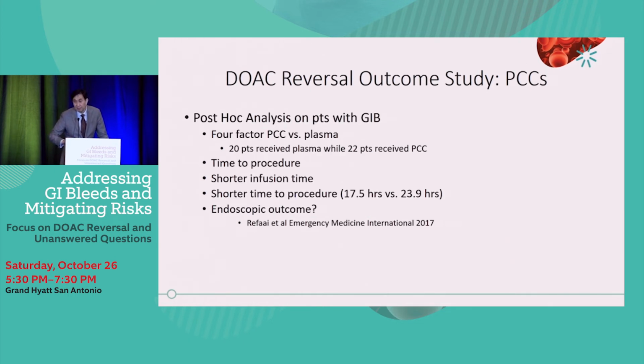So PCC, as I said before, has multiple studies. But one pertinent study that we have is the post-hoc analysis comparing GI bleeders who received just plasma infusion versus PCC. This is a small study that only incorporated 20 patients on each arm. What they were looking for is a surrogate, so time to procedure. How long did it take from the patients being admitted and transfused with these medications to having endoscopy done? Their study concluded that with PCC, time to endoscopy was statistically significantly shorter, 18 hours or less versus 24 hours.